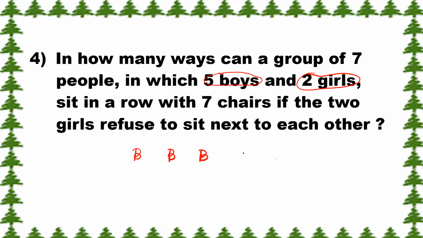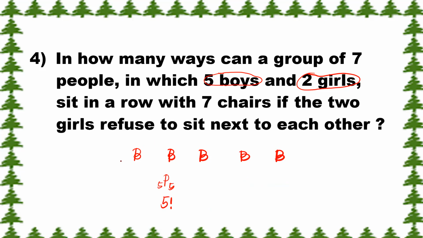Boy. Kung titignan nyo yung arrangement ng 5 yan, ay 5 factorial na agad. That's permutation of 5 taken 5 at a time, which is 5 factorial. Then, kung hindi sila magkakatabing dalawa,